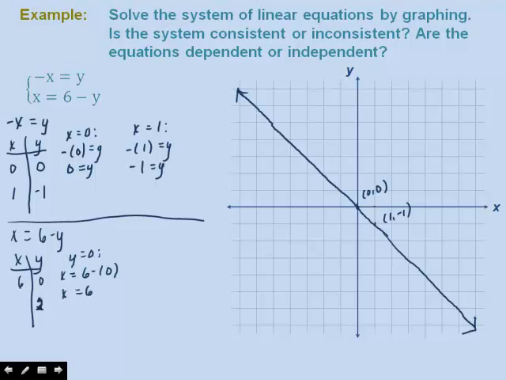And let's try y is equal to 2. That's going to give us x is equal to 4. So now if we plot our 2 points, our first one's 6, 0. We're going to the right 6 and then staying on the x-axis. For our second point, we have 4, 2. So we're starting at the origin and going over 4 and up 2. Now if we graph this line,